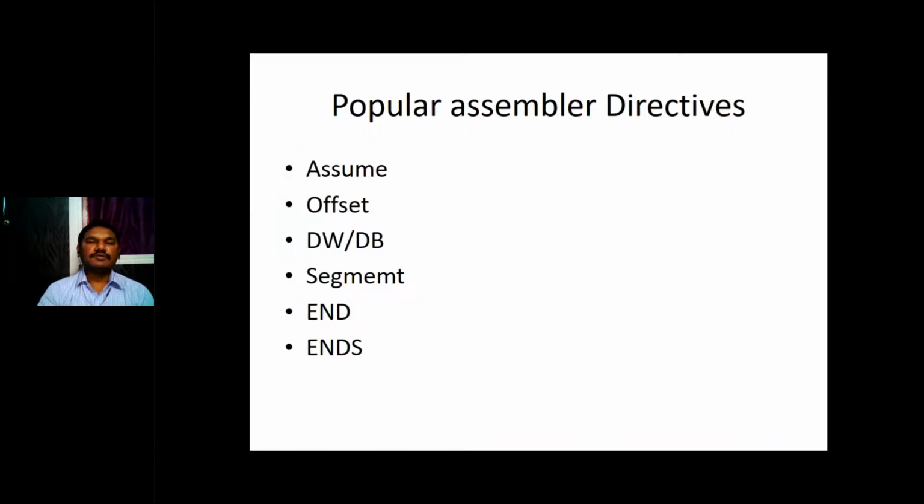Some popular assembly directives in our programs are ASSUME, OFFSET, DW, DB, SEGMENT, ENDS. These are very popular assembly directives which we will use in our programs. We will see these popular directives and the remaining directives also.